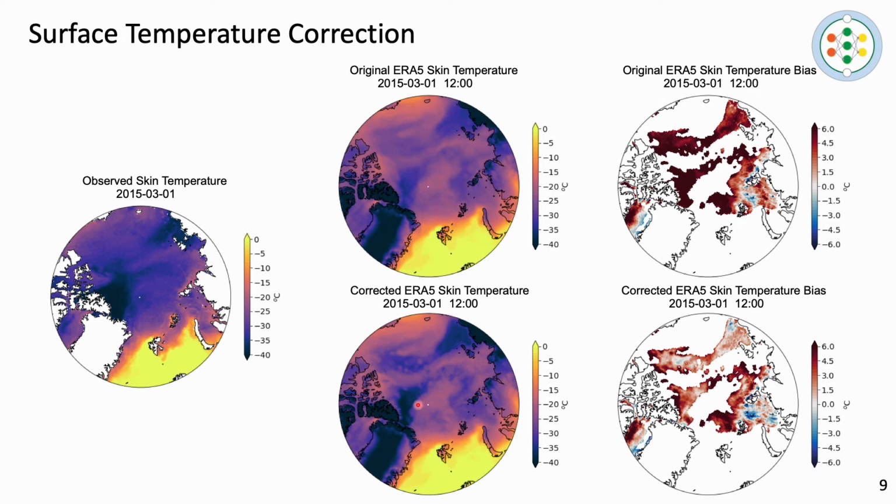Note that there is a certain degree of patchiness in the corrected temperature field, and this does not really come from the machine learning model, which produces quite smooth results, but rather from the application mask, which is related to the cloud state. And in particular, for the ERA5 reanalysis, the cloud state tends to be quite patchy and discontinuous in time and space, since we have high resolution both in time and space.